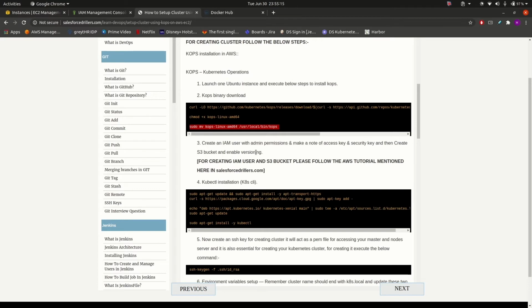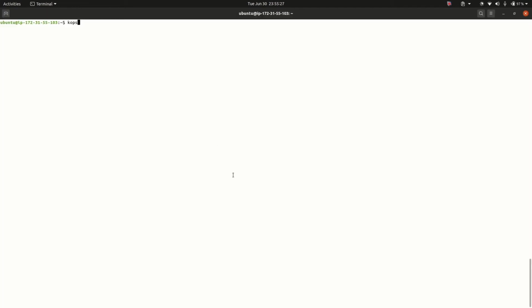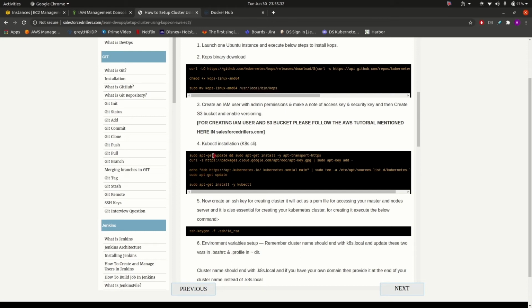For installing kubectl, as you can see, the command is given here below. Let us copy the command from here. As I told you, all the deployment processes will be handled by kubectl.